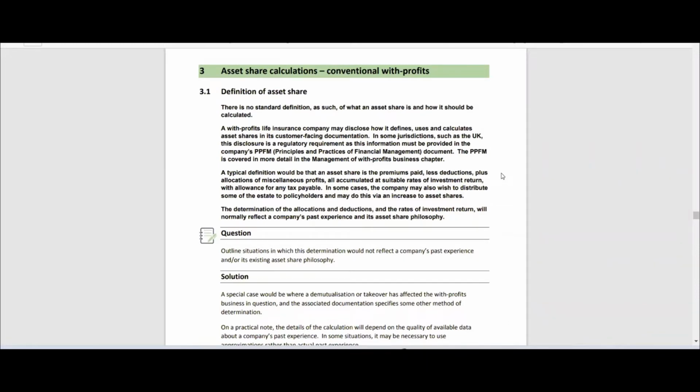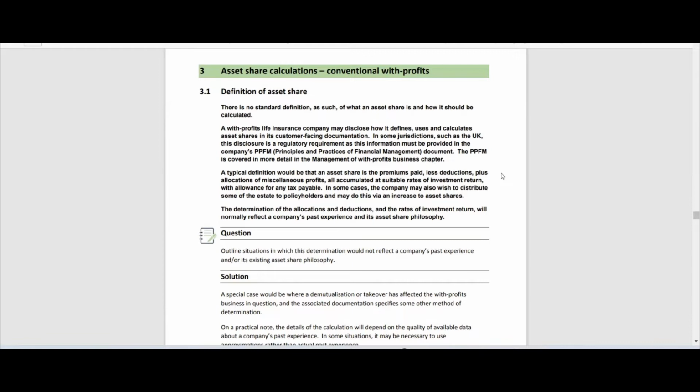Now, asset share is a very important topic with regards to with profit policies or participating policies, and we are going to cover this in detail in August after the exams are over. There would be a kind of master class, many sessions relating to with profit policies, because with profit policies is the place where maximum judgment of the appointed actuary or the actuaries is required, and that's where difficult decision making happens. In actuarial work, you get paid for decision making, and this is where decision making makes a difference, right?